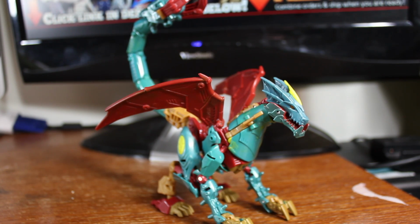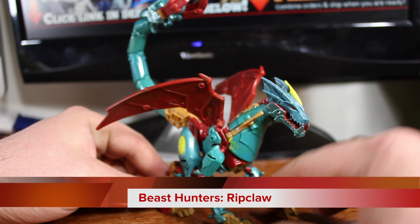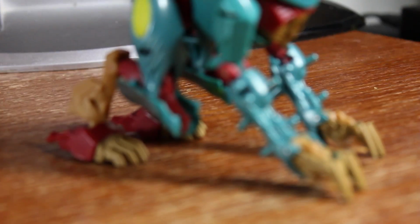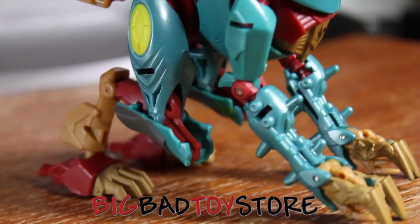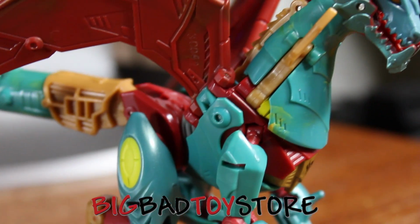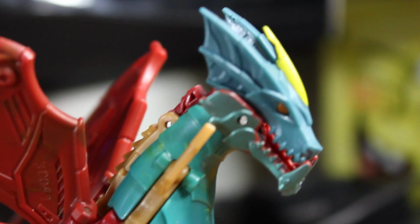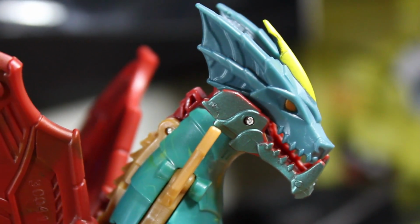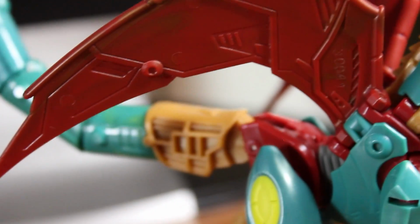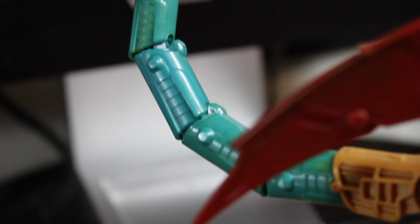This time we're looking at the Transformers Prime Beast Hunters Deluxe class Ripclaw. Now this is the second Deluxe class Predacon in the Beast Hunters line. The first being Laserback, which I was not too big a fan of, as that was more like a tiger dog dragon. This is more of a traditional dragon Predacon, as it has a real long kind of scorpion-like tail,